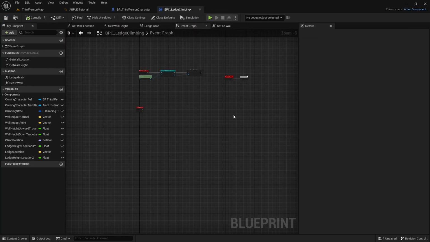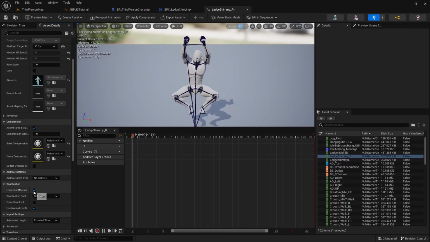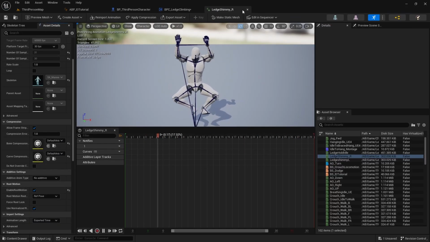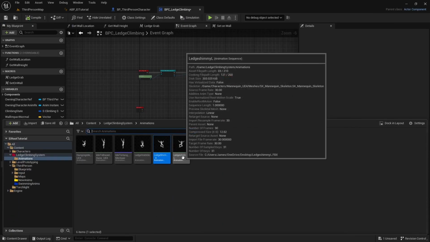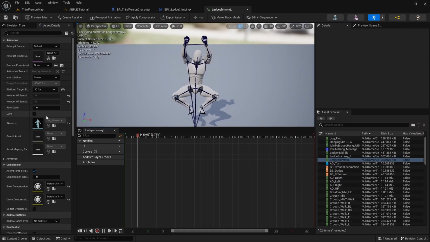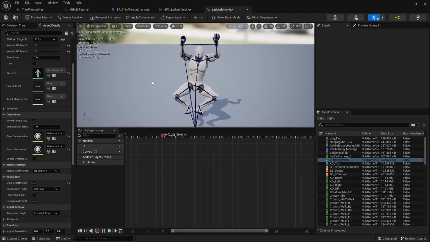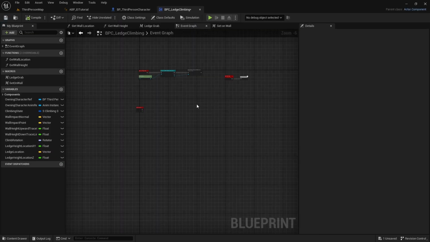There's only 3 of them, so we'll just go ahead and open each one up. Enable root motion. And enable root motion. Okay, once you got all those good to go,